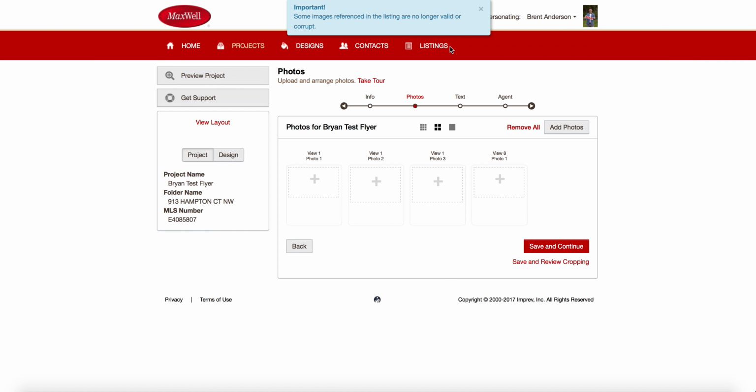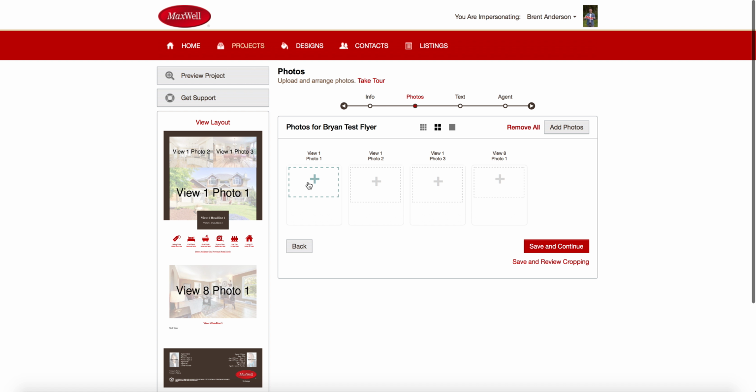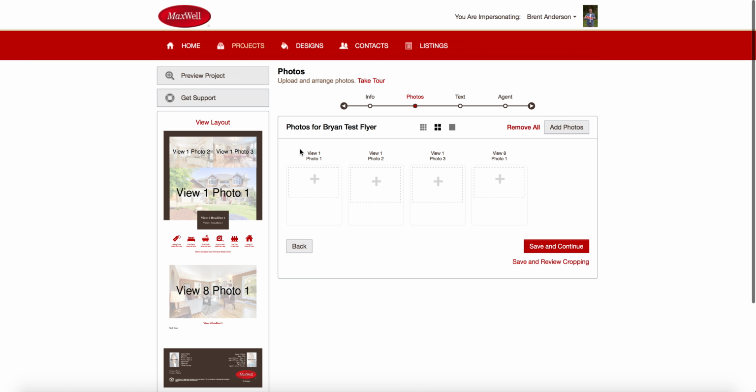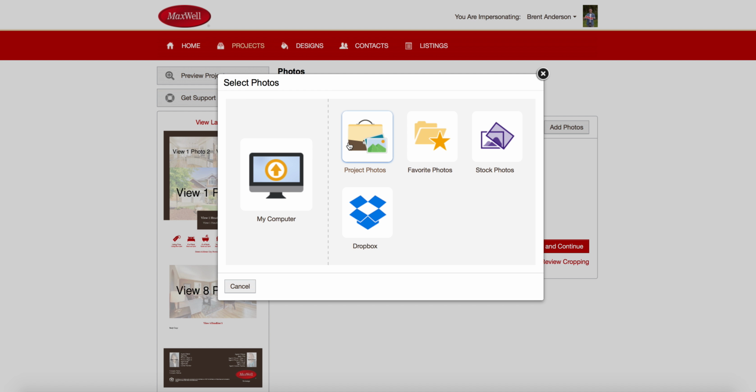So this piece has been produced, and I just got a little warning there that they had trouble bringing in those listing photos. So I'm actually just going to bring my own listing photos in here from that project. Now there's 2 ways to do that. If I go up here and I click Add Photos, I can